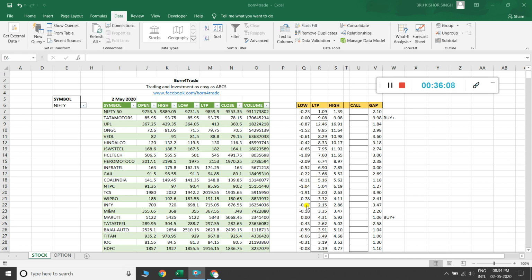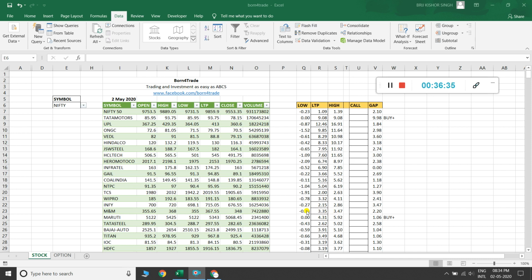Another example is also less than 0.4% and made a high of 2.86% and is currently at 2.15%. Here also it is less than 0.4% and made a high up to 3.47% and is currently at 3.35%.